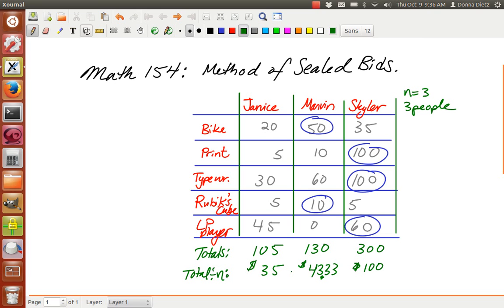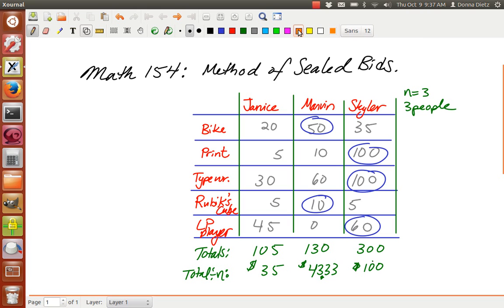And you will see that, except in very strange circumstances, everybody's going to end up with more than they think is their fair share. And this is the coolest part about this, is we're taking advantage of the fact that different people value things at different levels. If everybody valued everything exactly the same, then everybody will still get their fair share, but they won't get more than their fair share. But as long as there's somebody valuing something different than somebody else, everybody will be happy. Everybody will think they're getting the best deal.